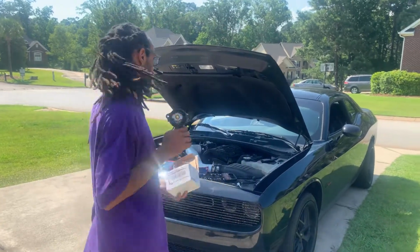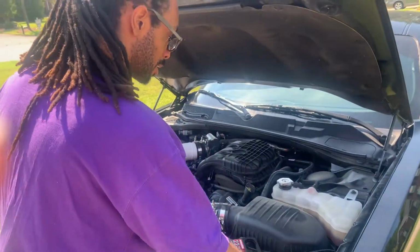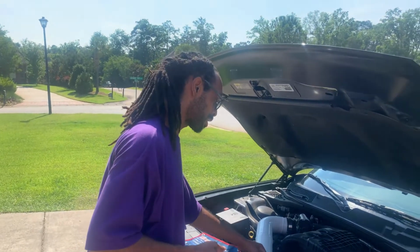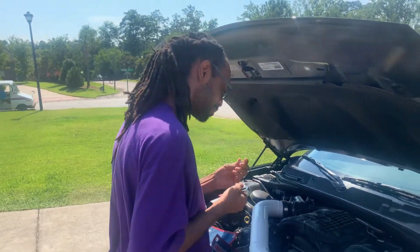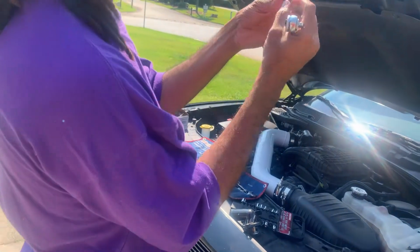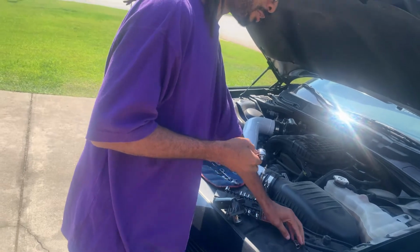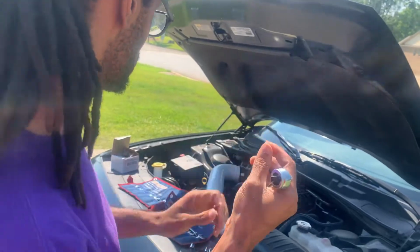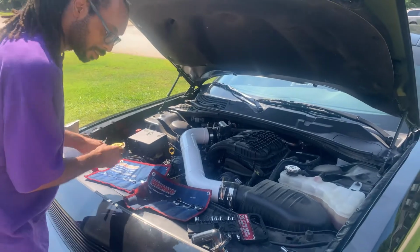So, what you need for my cold air intake is going to vary for you. It's going to be different. Since I got this one, I'm using an 11 millimeter right here. Take that off. But the only thing you really need once you take the cold air off is a 10 millimeter socket, and you're also going to need